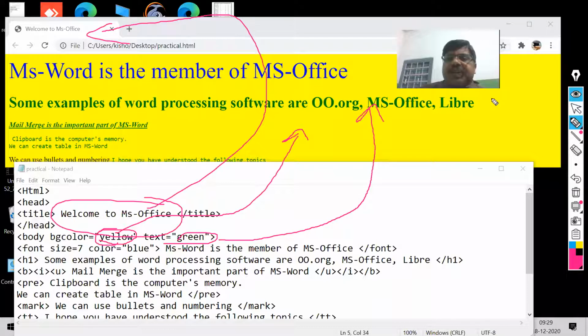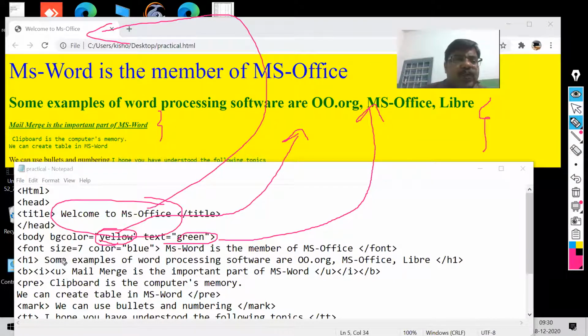These all texts are my green color. But one thing please keep in mind, some web browsers will not allow the text attributes. Maybe you will get some other, default colors.